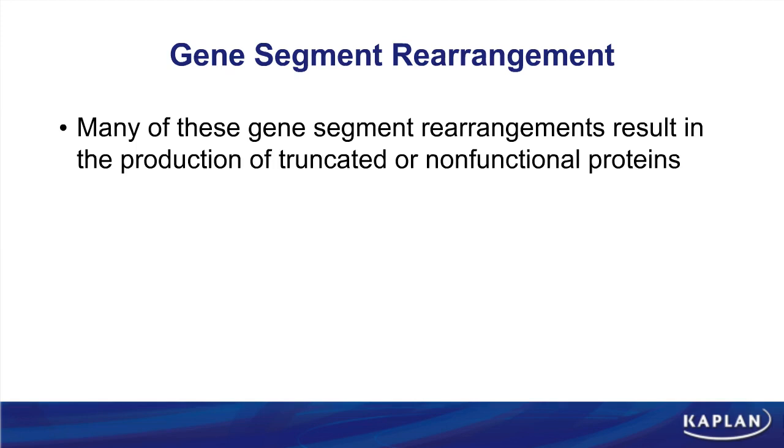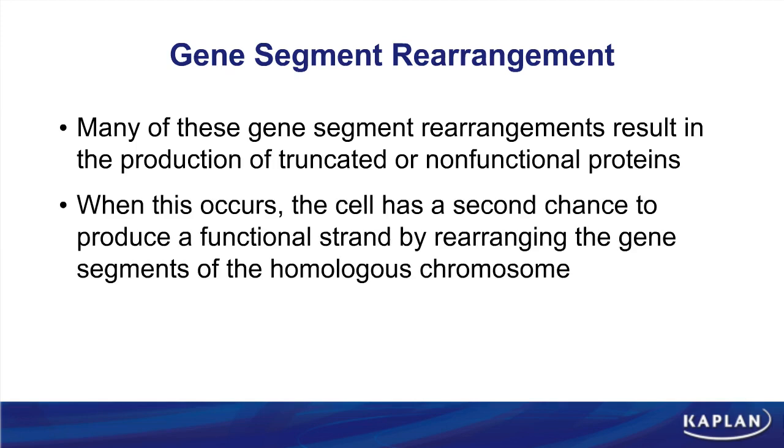When this happens, keep in mind there's always that second chance, because we initiate rearrangement on one set of alleles, maybe the maternal chromosome, and if we get a non-functional rearrangement, we can begin rearrangement on the paternal chromosome. And this fits in very nicely with allelic exclusion,